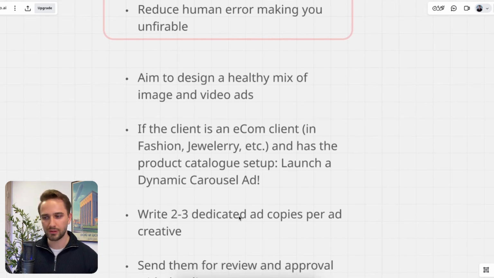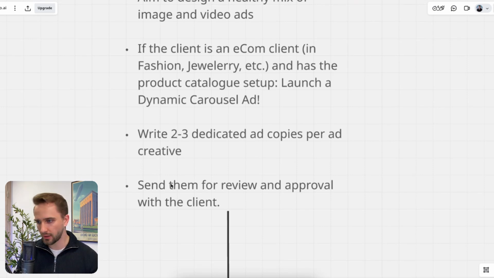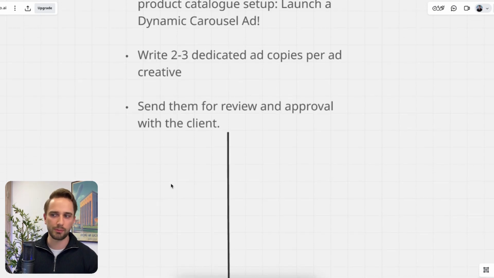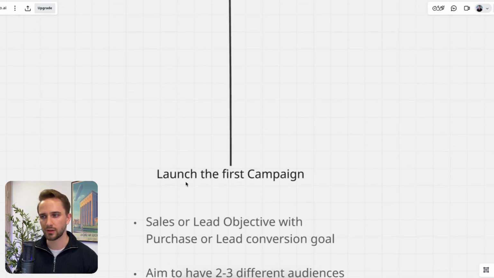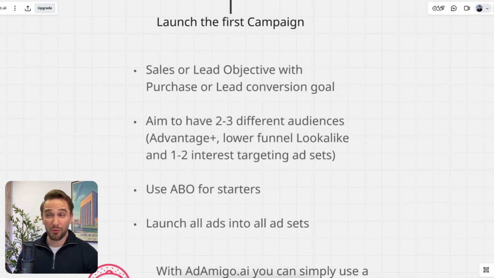And then write 2 to 3 dedicated ad copies and headlines for those ad creatives, because nowadays you can launch them one image with like 3 ad copies, and then the AI will figure out which one to use for which audience. And then send this all over to the client. I would honestly just put it into a presentation, have the creative, and then on the right have the ad copy and the headline, and below have a box for feedback. And so people can just feedback it. And once approved, you can start the launching part. Now for the launching,